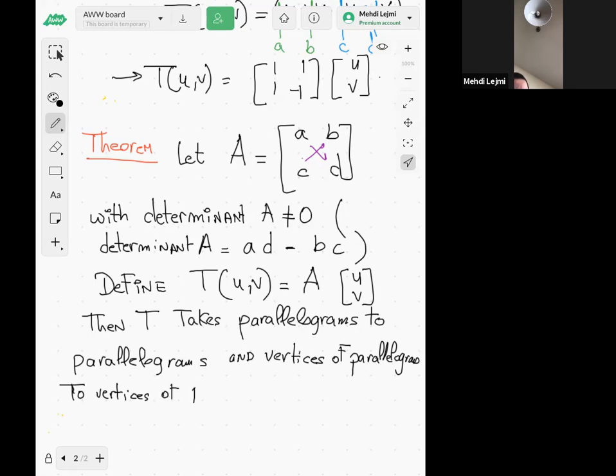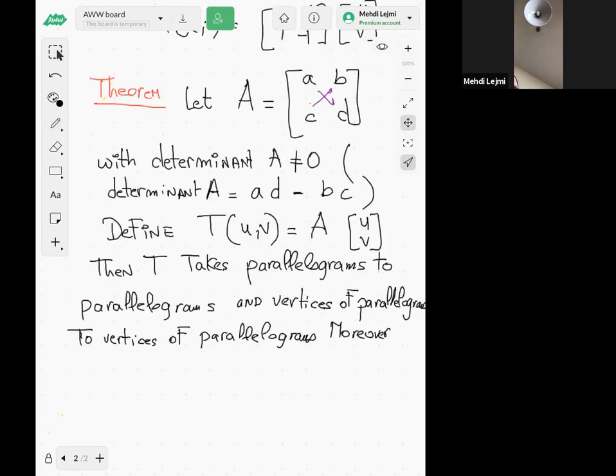And one more very interesting fact: moreover, the area of the image of a parallelogram,